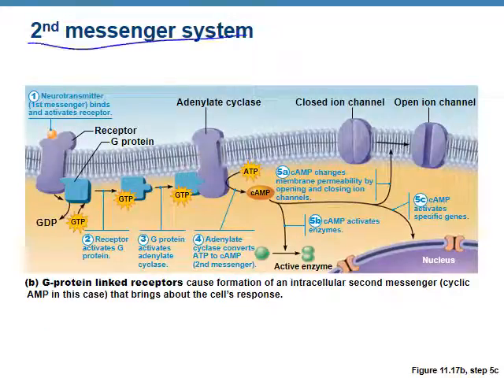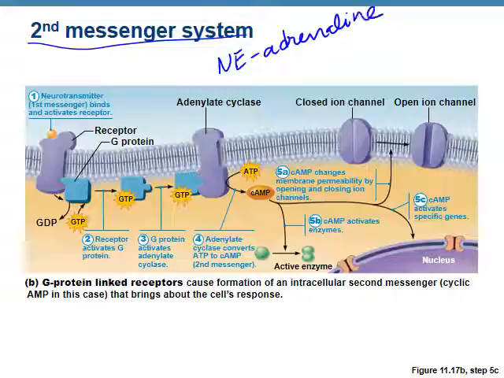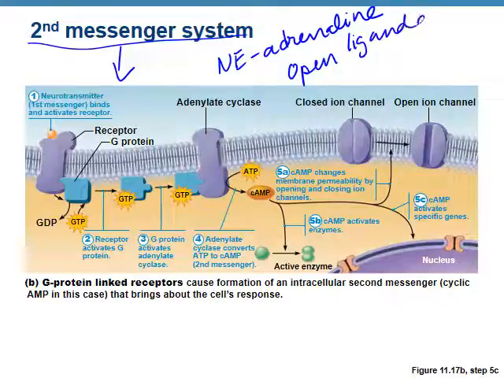So I wanted to explain this second messenger system. So first we're going to go back and think norepinephrine, I said, is kind of like adrenaline. And then it uses this second messenger system, and it can open ligand gates. So let's say you've just run a marathon, you're at the very end, you've used lots of ATP, your muscles are absolutely exhausted, your neurons don't have any more acetylcholine, you're wiped out, you're getting ready to pass out. All of a sudden somebody comes up and attacks you at the end. How do you get that energy? How do you get muscles to move if you're out of acetylcholine?